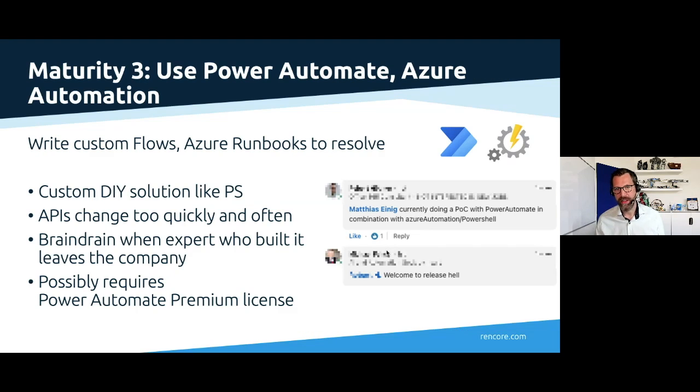A level further is, for example, what we've heard from customers using Power Automate and Azure Automation. So basically creating also flows and Azure runbooks for the resolution part of the process. So identifying specific violations or specific problems of cluttered data, and then enrolling them in a flow or in a runbook to resolve them automated. It's still a do-it-yourself solution like PowerShell. So the same problems apply here too. The APIs that you're using change too quickly and often